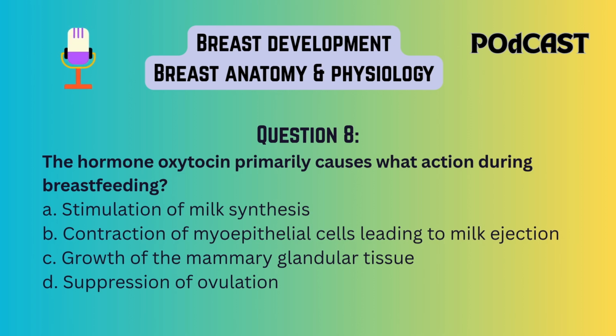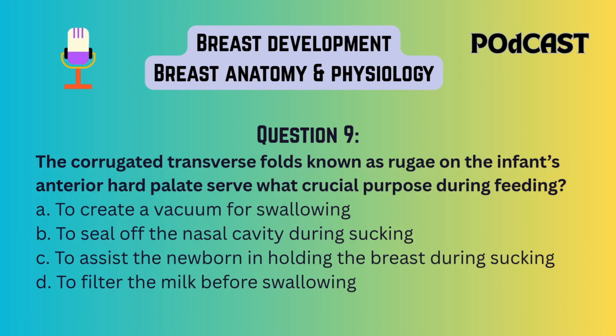That's the letdown reflex. Prolactin stimulates synthesis, A. Estrogen and progesterone drive growth, C. Prolactin primarily suppresses ovulation, D. Question 9. The corrugated transverse folds, known as rugae, on the infant's anterior hard palate serve what crucial purpose during